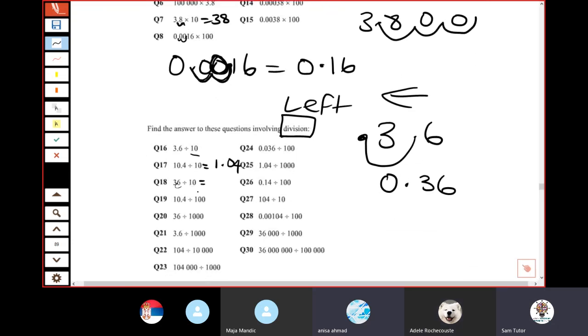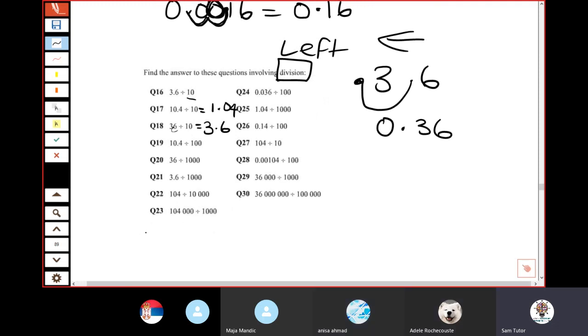So 36 divided by 10. So it will be 3.06. No, 60. No, there's no, you need to put a 0 there. Only one to the left. Okay, Anita,